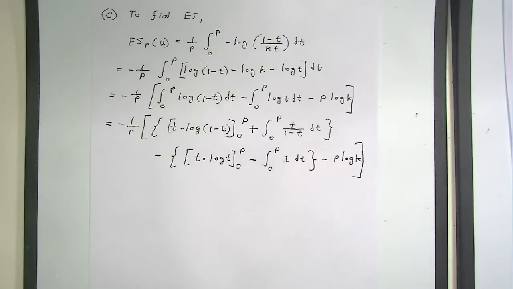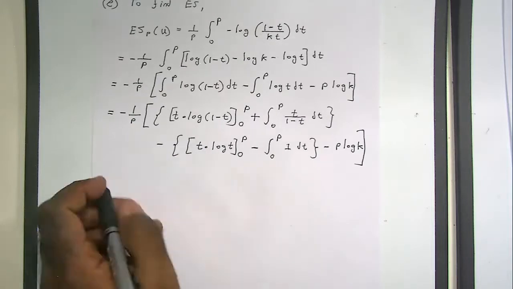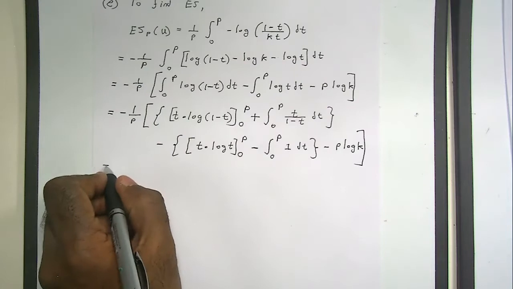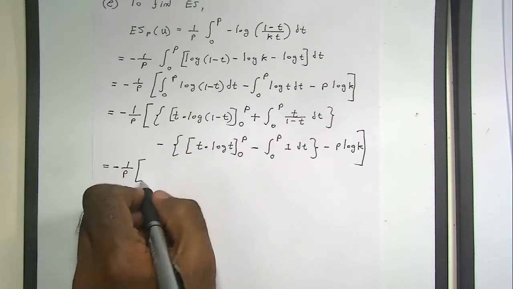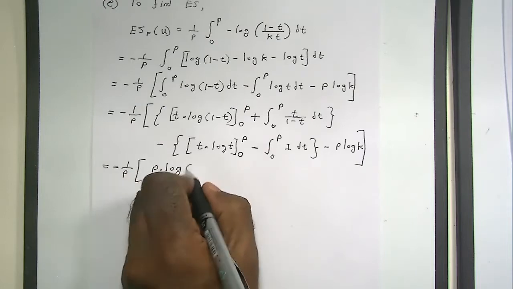Okay, this is what you have. Now, taking the limits, you get p times log of 1 minus p,